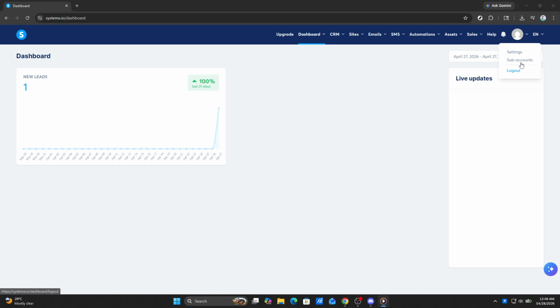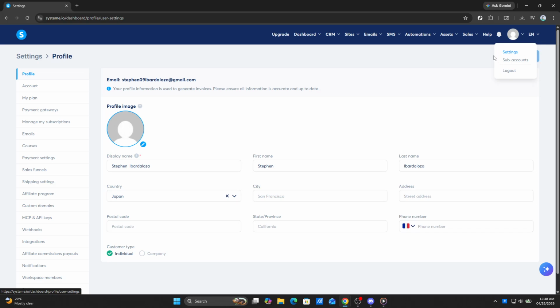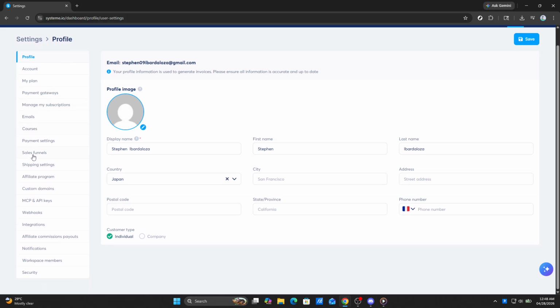In the drop-down menu, you'll want to select Settings. This option takes you to a page where you can manage different aspects of your account, including email settings. Now, take a look at the left-hand menu. You'll see several options listed there. Click on Emails. This is where you'll manage your email configurations, which is crucial for ensuring that your communications are